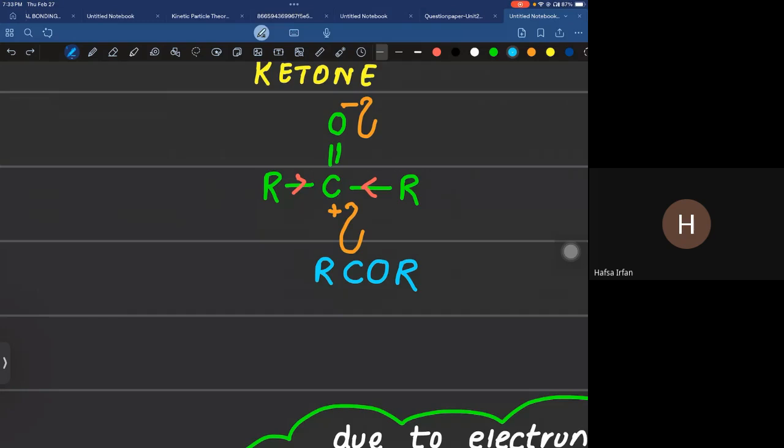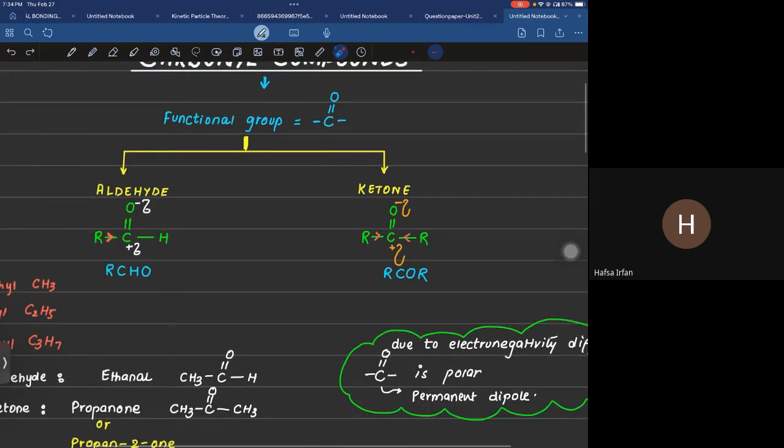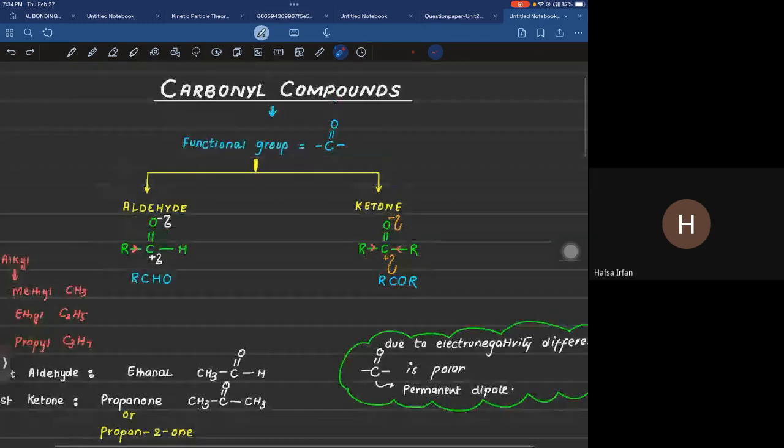क्योंकि it's going to be balanced by electrons which are coming from these two R groups. It's going to be balanced. This effect is known as inductive effect. Okay, तो ये आपने याद रखना है. अच्छा जी,